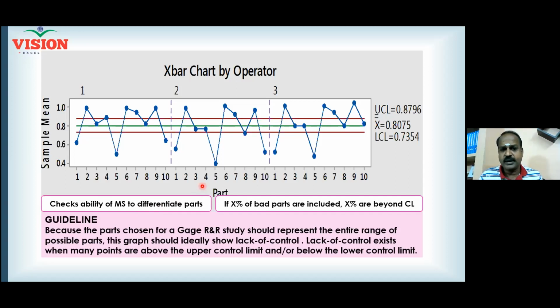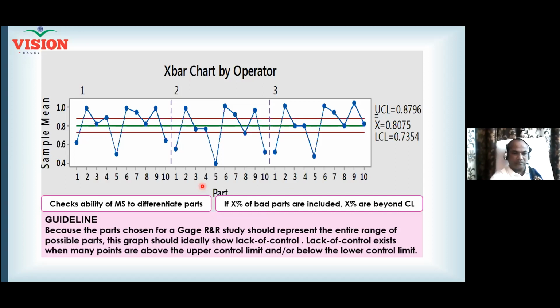Anyway, 10 parts are required. Now imagine you produce everything inside the spec, and the 10 parts you have selected cover the range. Out of the 10 parts, I'm telling you, you have about 4 parts outside the control limit. That means the entire range you have evenly selected. You know the target, and 5 parts above the target and 5 parts below the target. And you also have some hint that 4 parts out of the 10 are going to be out of the control limit. That means 40% of the parts you mixed up are bad parts in your opinion. Am I right? Yes or no?